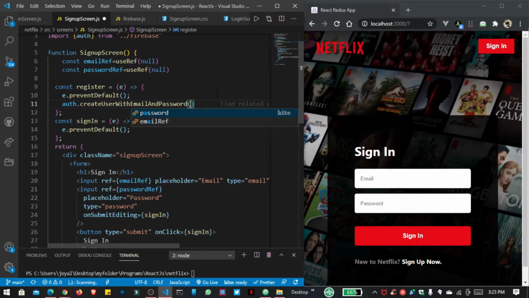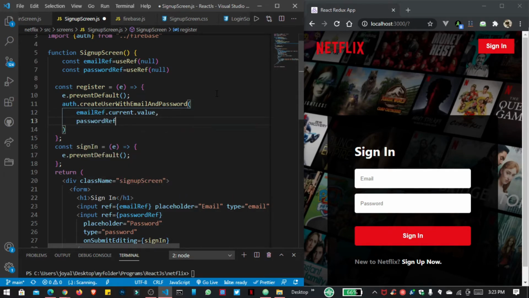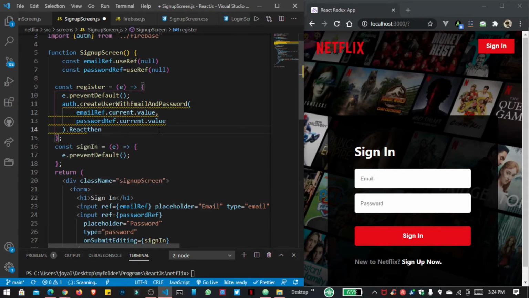It is very simple, and inside that I want to get the value of email reference and password reference, and after this we have to apply promise. So if the function is called,